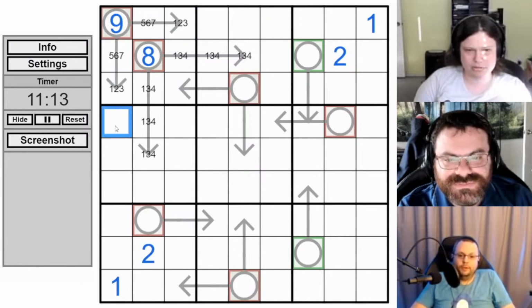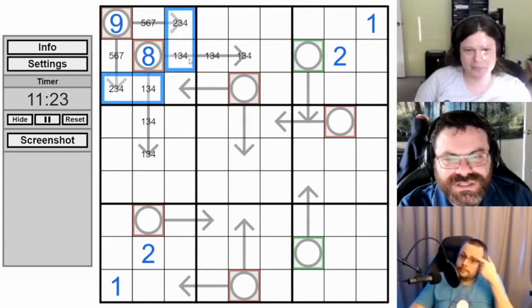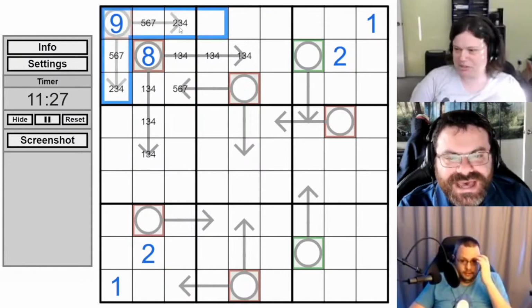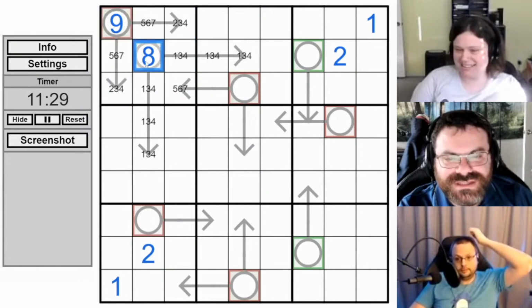And neither of those are 1s. 2, 3, 4. Not 1, 2, 3. Oh, 2, 3, 4? Yeah. True. And actually, that gives you a 1, 2, 3, 4 quad. So this is 5, 6, 7. Yeah, I like that.